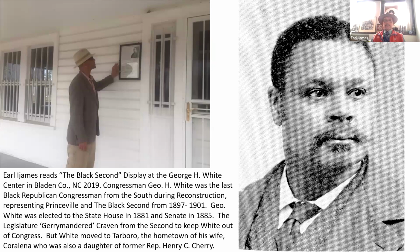So George Henry White, as I mentioned, Congressman George Henry White was the fourth duly elected Black Republican congressman from the state of North Carolina, the first being John Adams Hyman, who was from Warren County and was elected in the 1870s. And then the second is a man named James E. O'Hara, who was from Halifax County, North Carolina, which is, again, east of Edgecombe County in Princeville. And the third, the previously mentioned Henry Plummer Cheatham, who served from the second congressional district